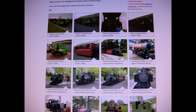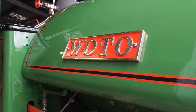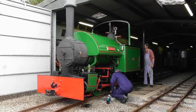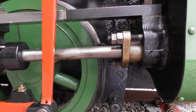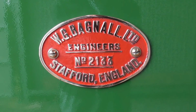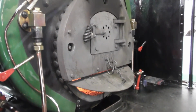And Watto actually started life as a 3-foot 6-inch gauge loco, working for a company called Callender's Cables, shunting ingots of lead and copper and taking the finished drums of cables up some fearsome gradients onto the loading jetties of the River Thames. But when Patrick Keef bought her in 1988, it was decided to regauge her to a 2-foot gauge